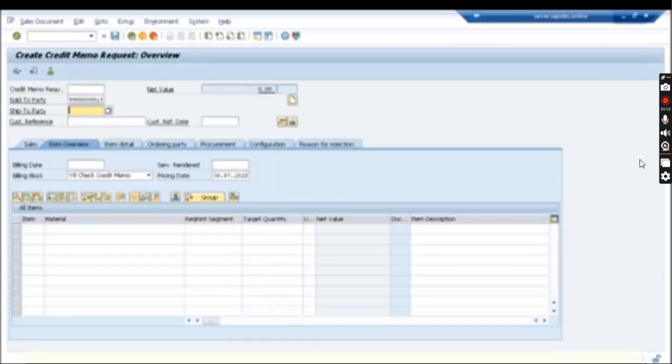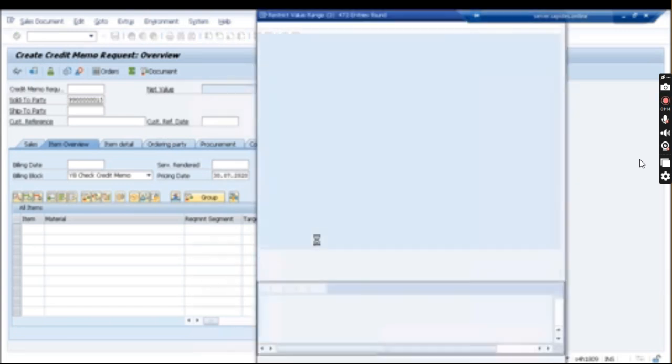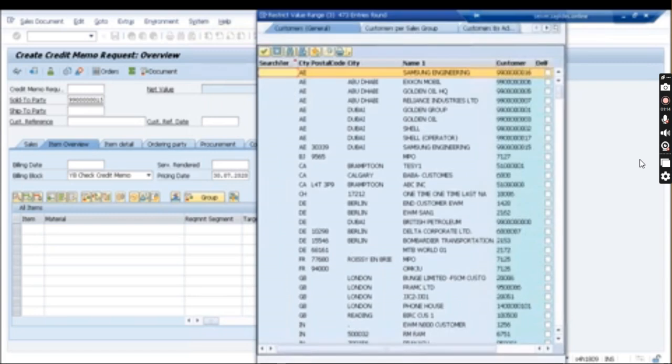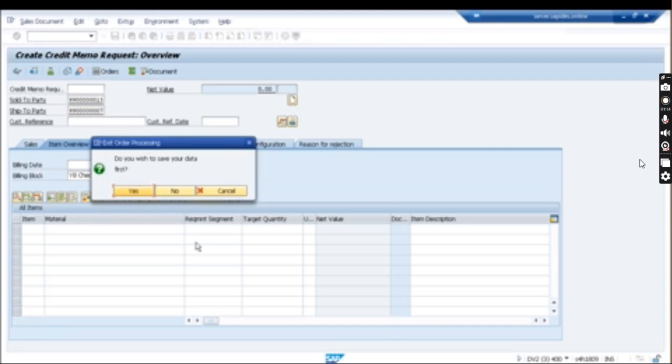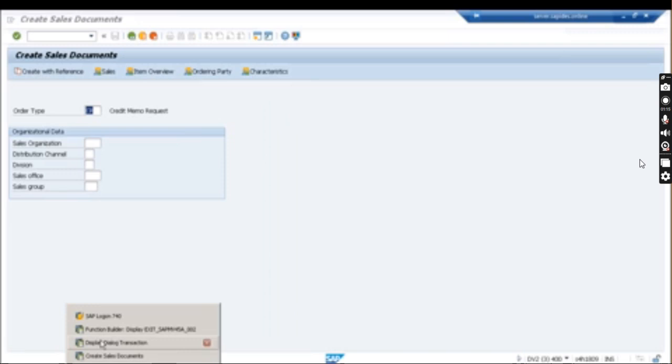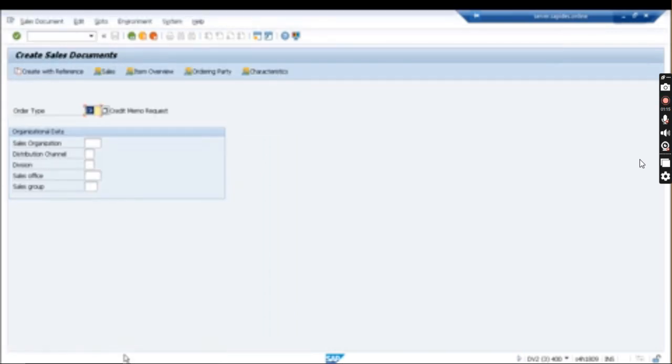So in debugging you can check whether it is possible or not. Let's give some valid sold to party value, and that will pass from the debugging. Press enter and copy this, and I will pass it from the debugging. Come over here, go to this, create sales document,